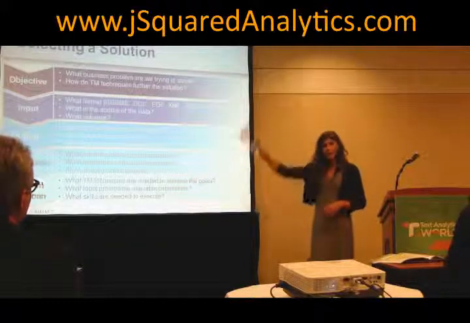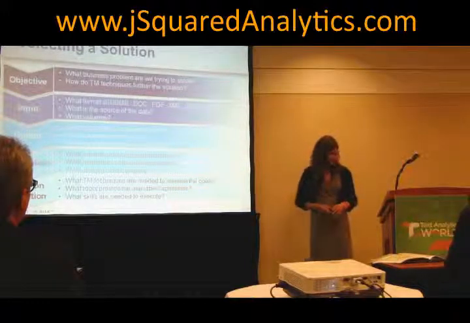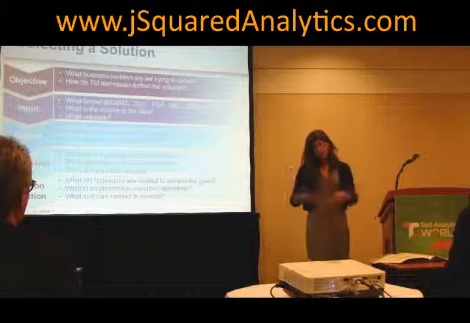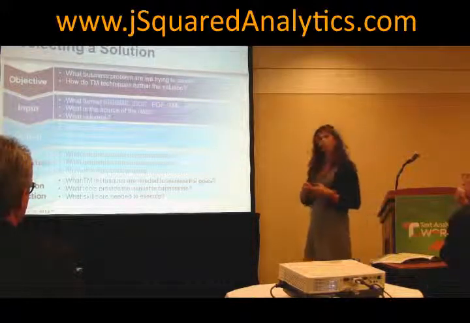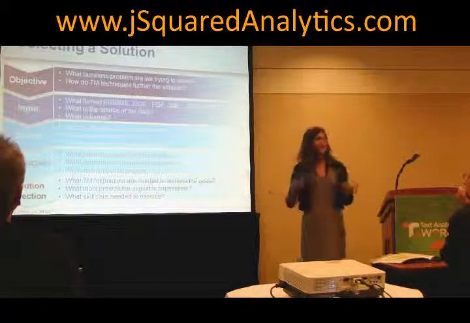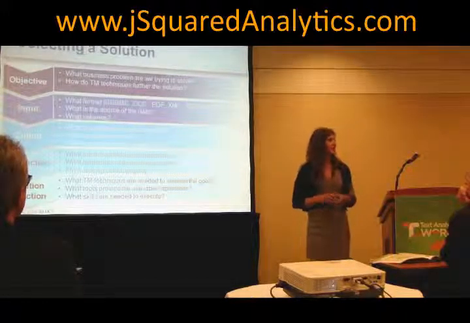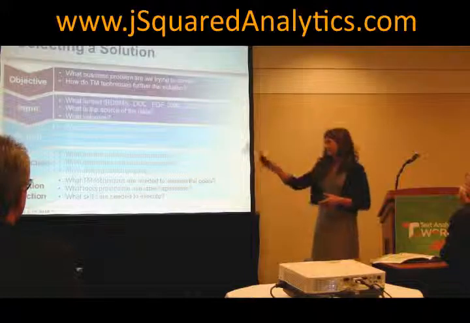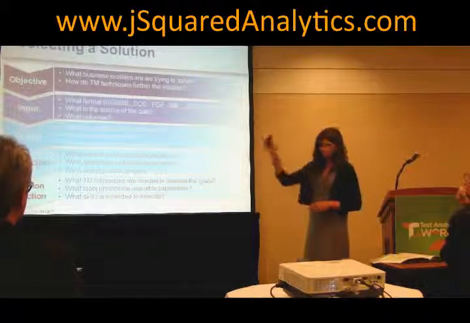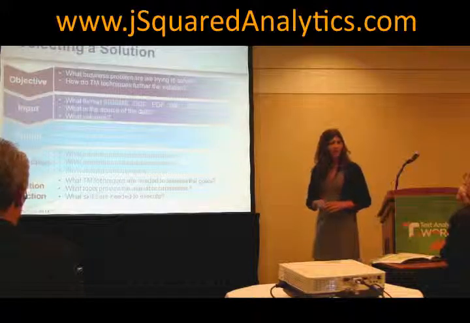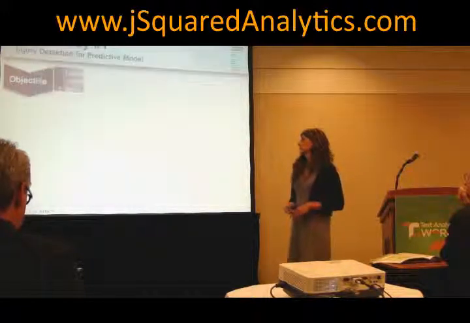So if we get through all this, then we look at, okay, this is our problem set. What text mining techniques do we need? What tools are available that provide these capabilities? And do we even have the people and the skills to execute on this? And then we'll select our solution. So pretty common sense stuff. That's the thought process we go through to end up selecting one of these solutions.